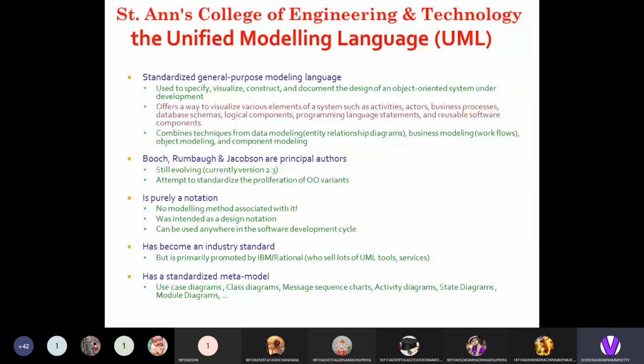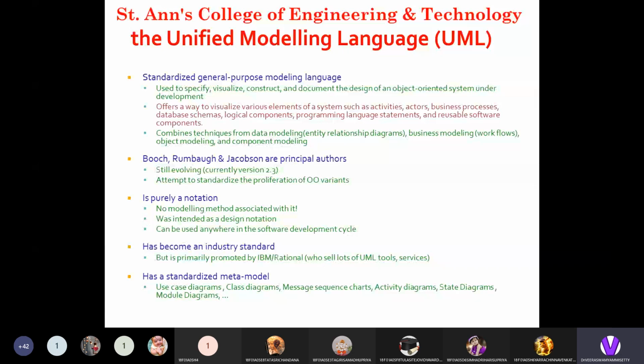It combines techniques for data modeling in the form of entity relationships, business modeling workflows, object modeling, and component modeling. So these are the things which are there in the UML platform.